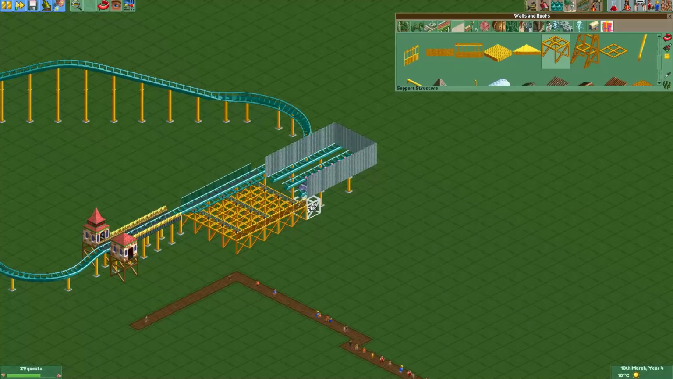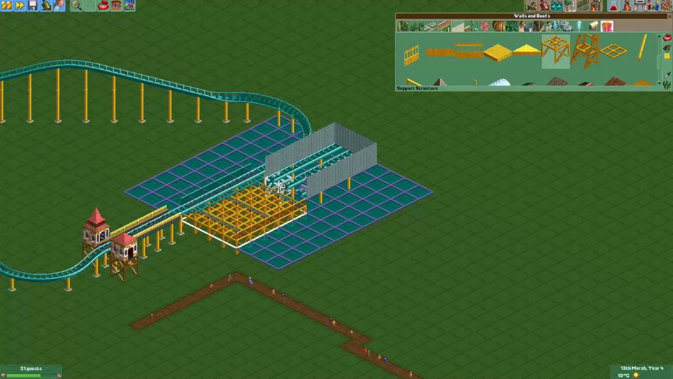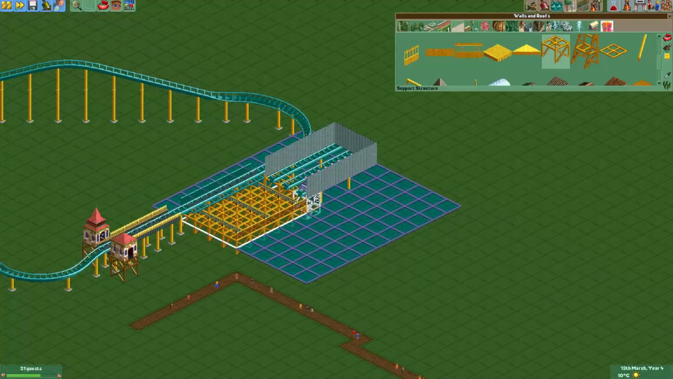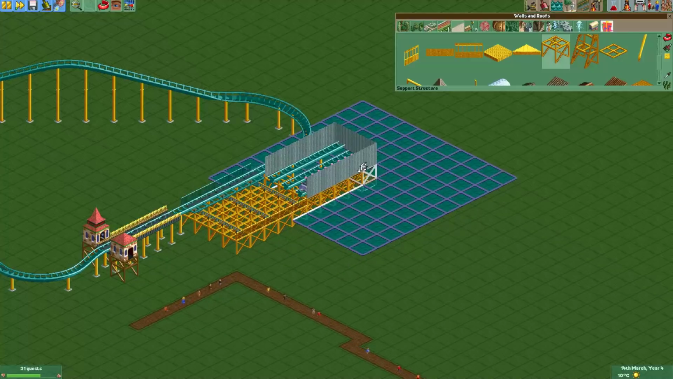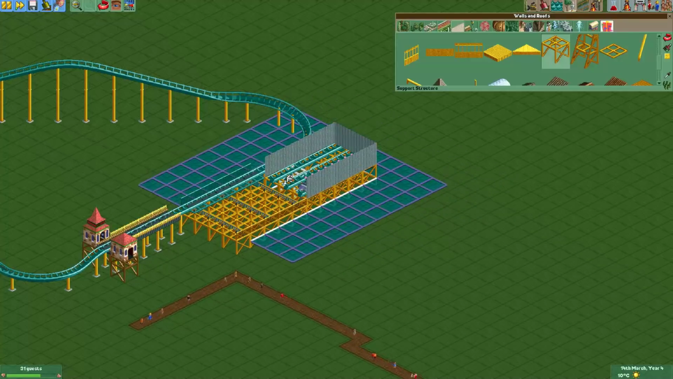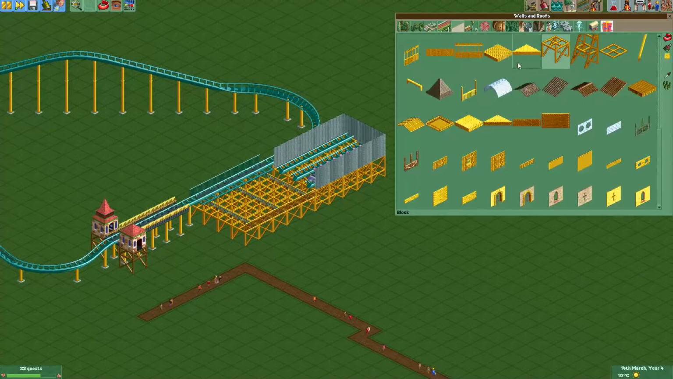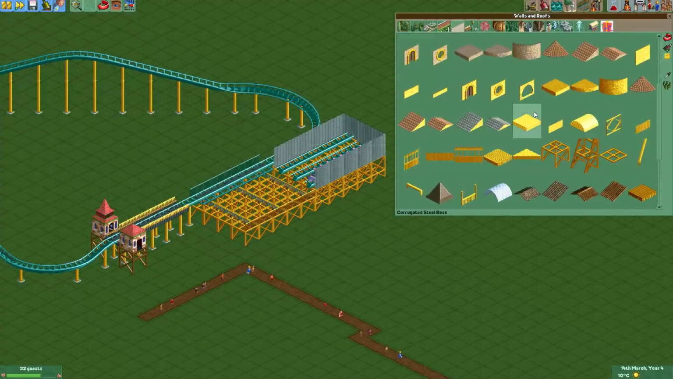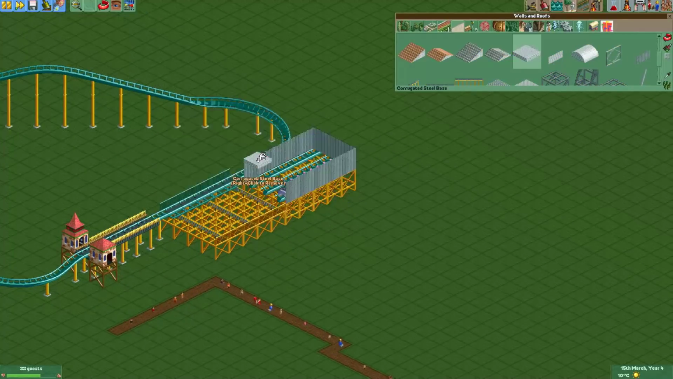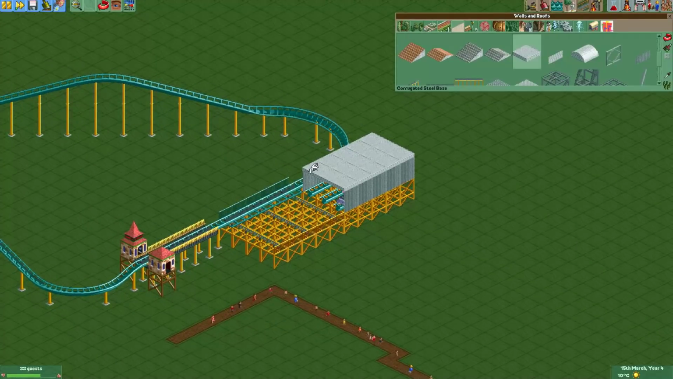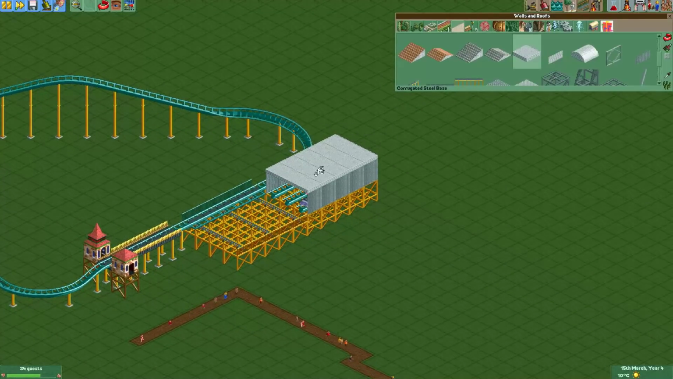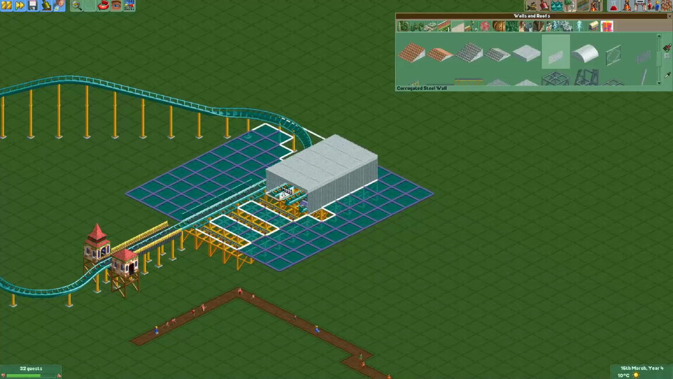You could also extend these supports all the way to the floor. Like I said, this will probably not be a very nice building, but it's just a demonstration. Okay, and I'll make a little roof over it. Sometimes these storage buildings are cleverly hidden in with scenery, or they have been made pretty. On more generic coasters, they're often just